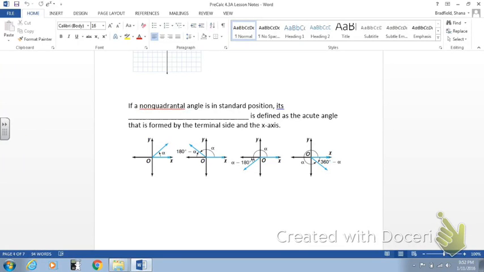Okay, this is PreCalc Trig lesson 4.3a, and this is just the remainder of the classroom notes. I'm just going to start off so I catch everyone up just after example 3 in the notes, and it says if a non-quadrantal angle is in standard position, and this is reference angle,